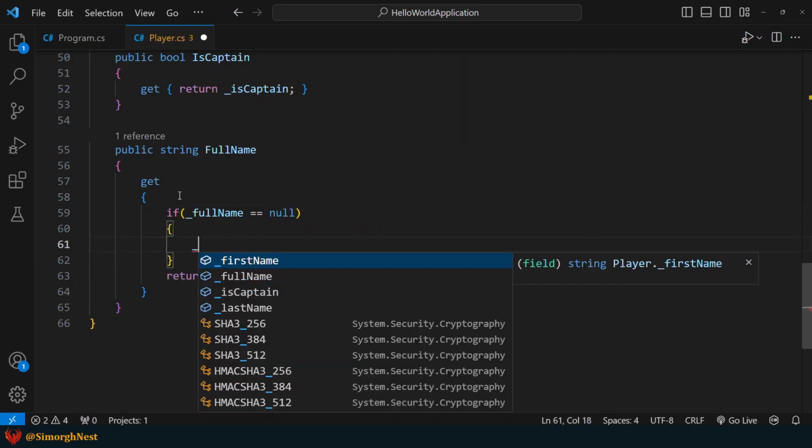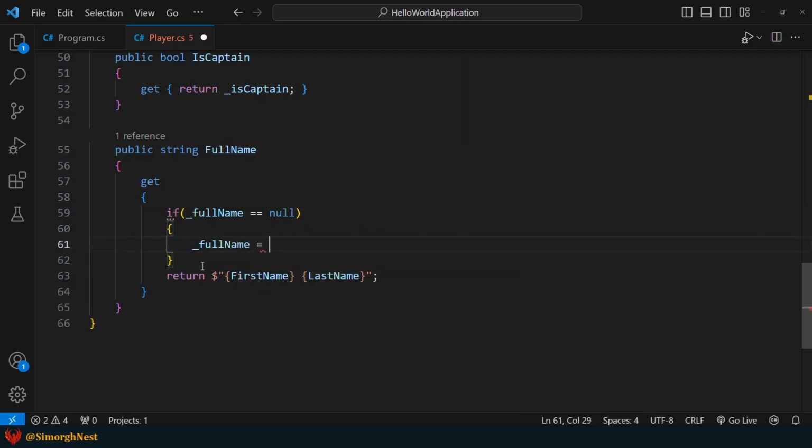If it is, we'll store the result of this concatenation in the full name field, and then return it. By following this approach, the concatenation only occurs the first time the property is accessed. After that, the get accessor directly returns the value stored in the full name field without any additional concatenation.